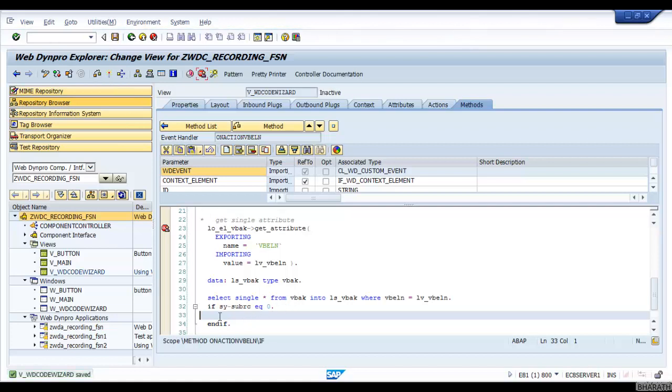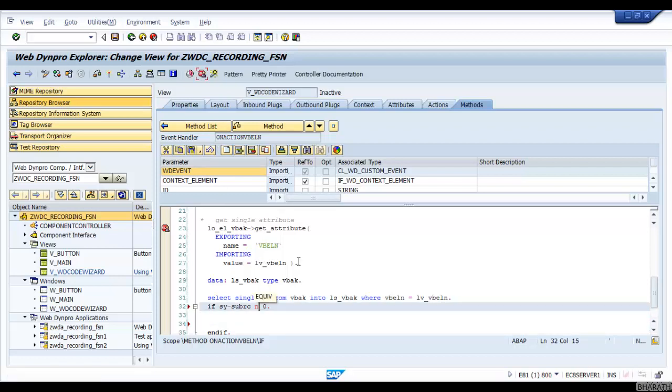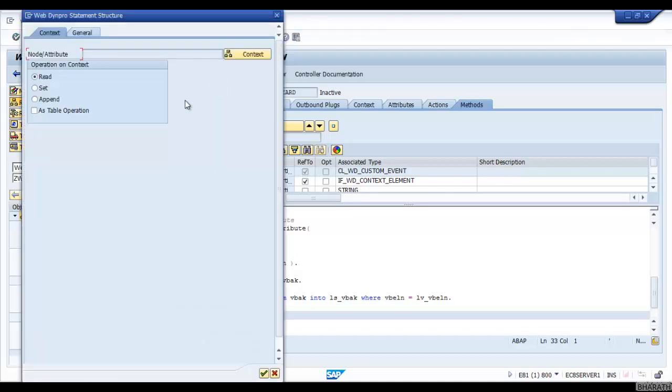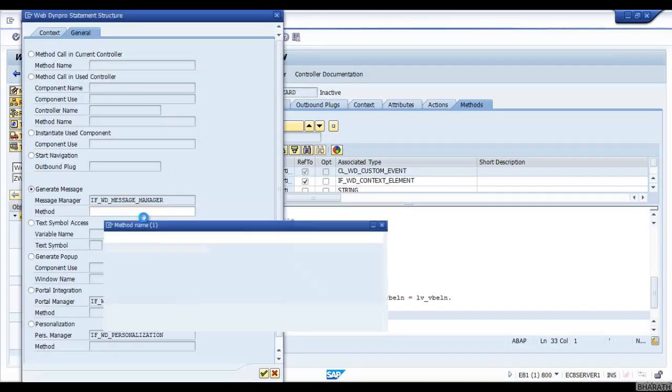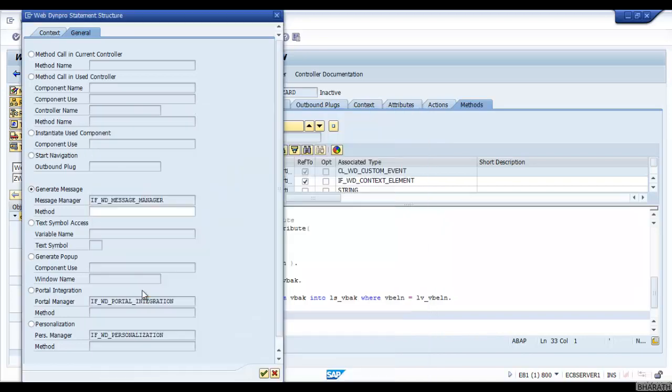Now I'm going to display a message. If sy-subrc is not equal to 0, meaning the value entered by the user does not exist, I'm going to display a message. Go to general, select this radio button, F4, report error message. You can use this method.